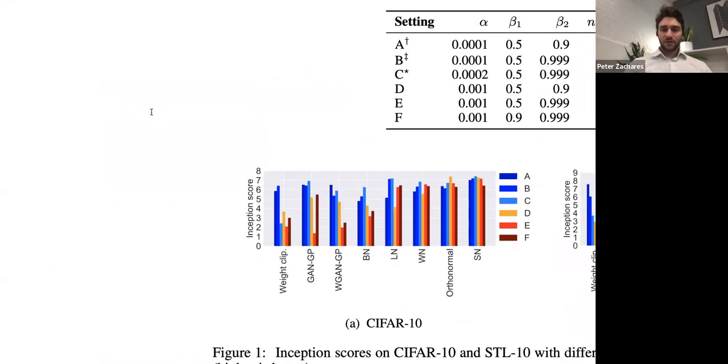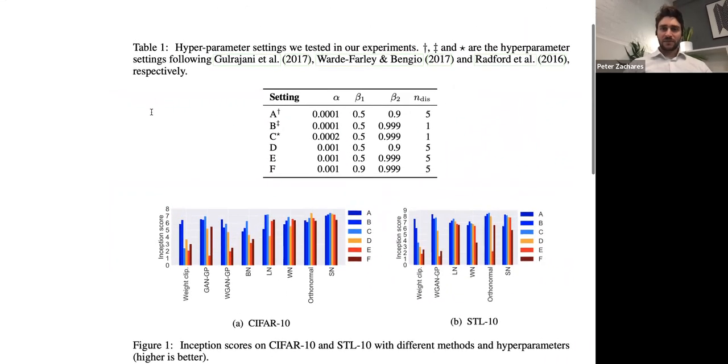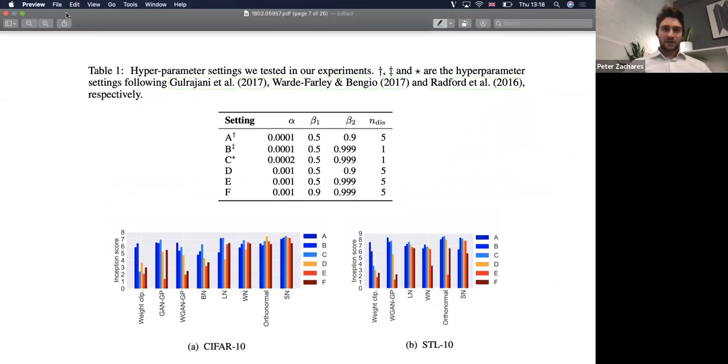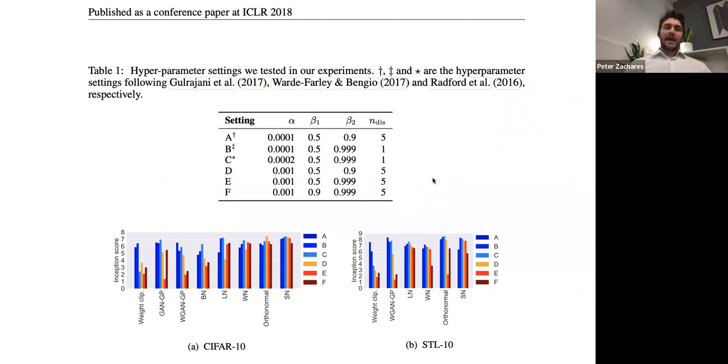So the first experiment they did has to do with how robust their method is with respect to all the other methods in terms of hyperparameters and choosing hyperparameters. And specifically, it seems like models tend to go really unstable when you have high learning rates. So you'll notice that D, E, and F. So the hyperparameters they're using for Adam, alpha is the learning rate, beta 1 and beta 2 are the